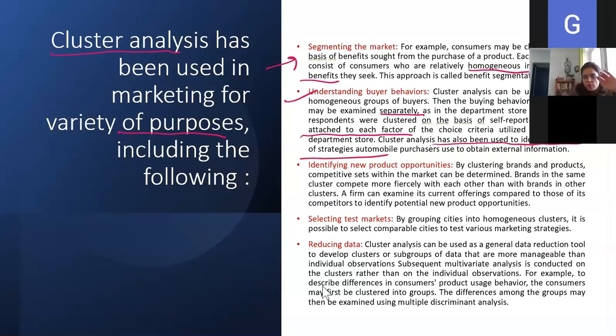You remember in factor analysis we touched upon briefly how banks use factor analysis. They had these 15 statements on the basis of which they drilled down to some 5 to 6 factors. So they were trying to understand how consumers select banks, and there was one more example, how consumers make purchase decisions. Basically, yes, we discussed that in factor analysis.